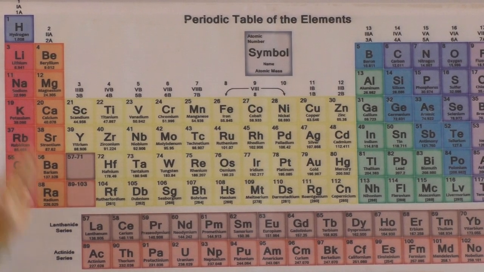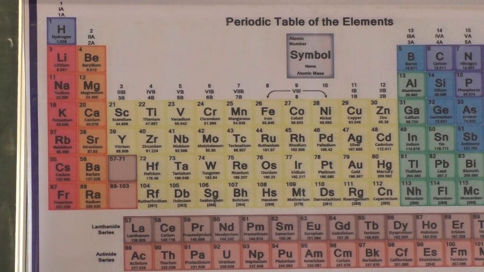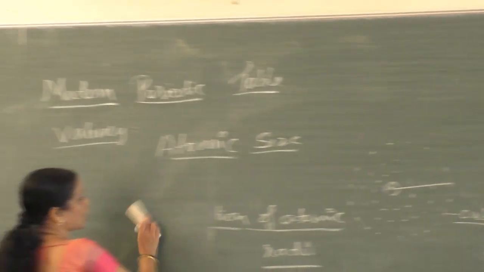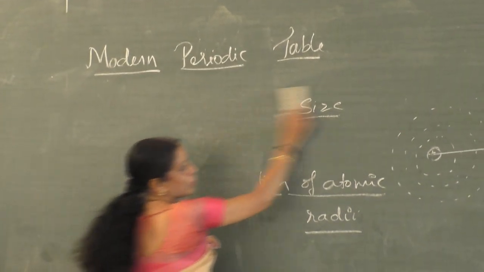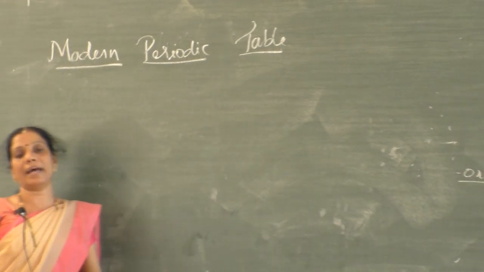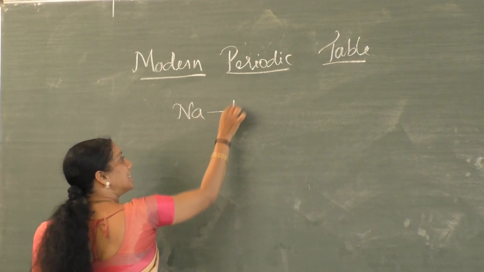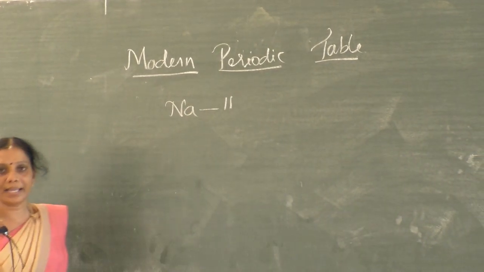Let us consider the same example here, that is the third period elements. I will write down sodium. Now what happens in the case of sodium, that is, its electronic configuration? We know the electronic configuration. We have studied this in the last session also. That means the atomic number of sodium is 11. Listen now, the atomic number of sodium is 11.